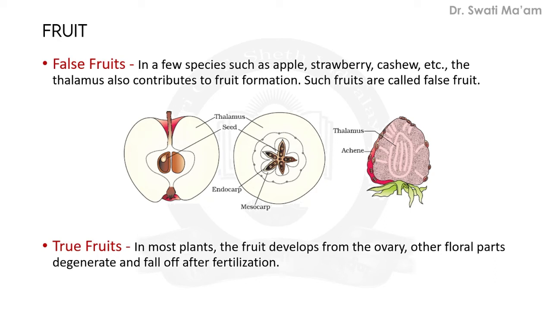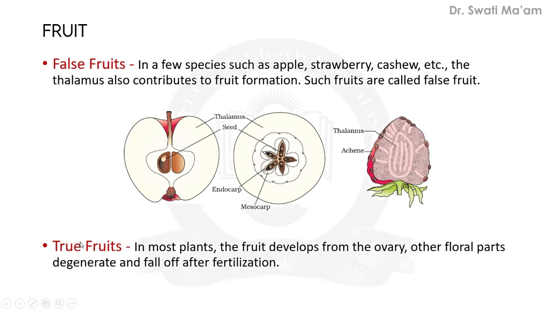So this is the transverse section. The next diagram shows the transverse section, and all the fruit layers are described here. Endocarp and mesocarp are the fruit wall. They are parts of the pericarp, and the thalamus is the edible part. So this thalamus comprises the fruit. That's why it is known as a false fruit, because it is not the original part that is converted into fruit. Similarly, in strawberry also, the thalamus is the edible part. So both are covered under false fruit.